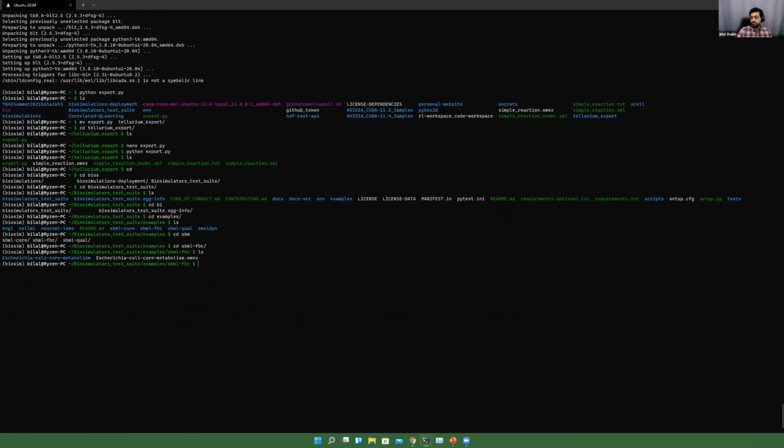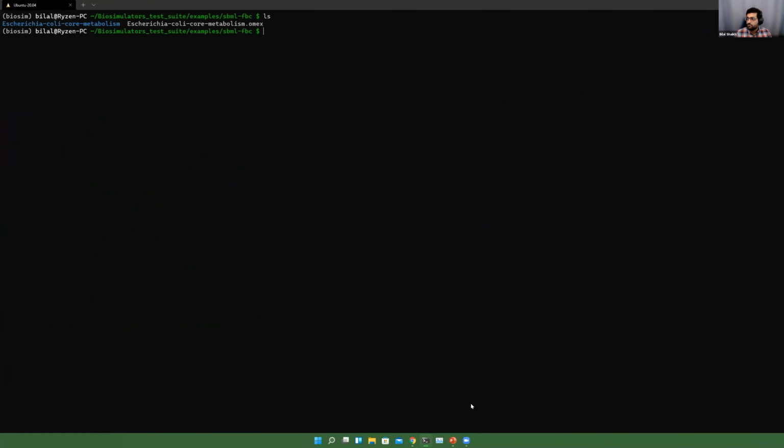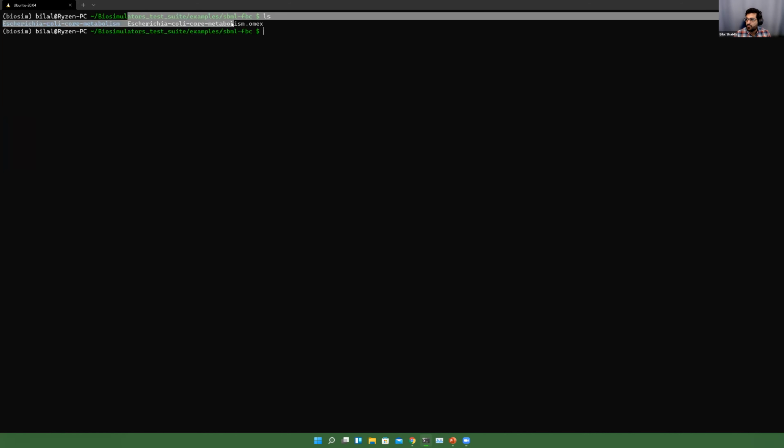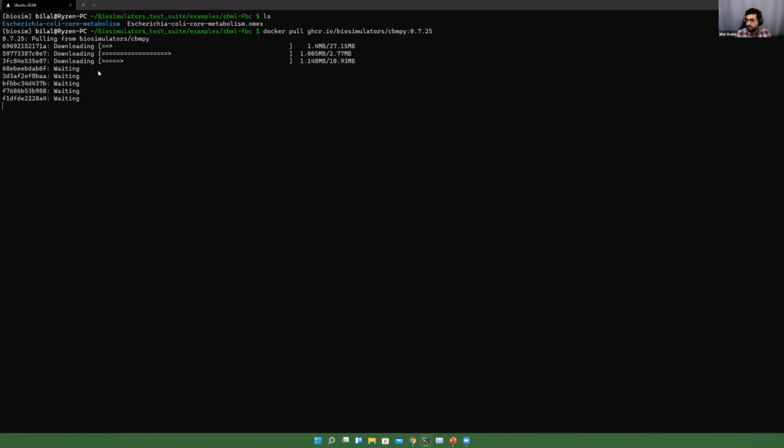Okay. So here, let me zoom in a little. So here we have a directory of the archive that we were just looking at online. So I'm going to paste in the command that I copied from the website. And you can see that I currently don't have this installed on my computer. So it should go ahead now and actually download the simulator for me. So just give it a couple of seconds to process.